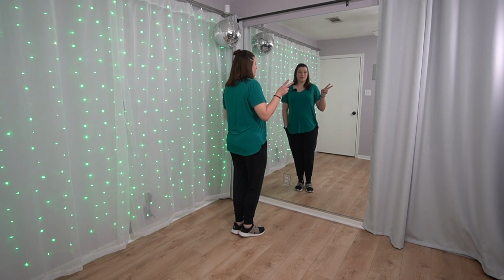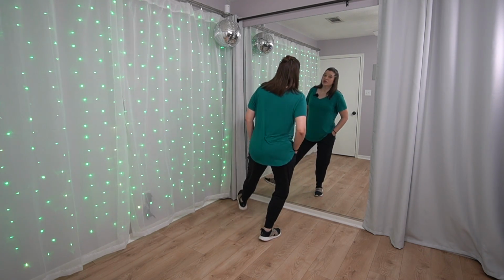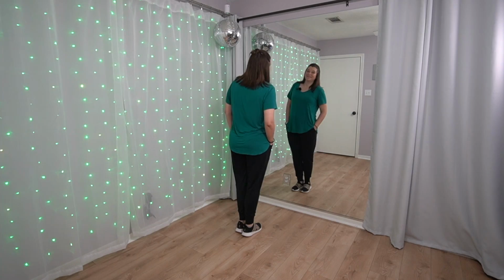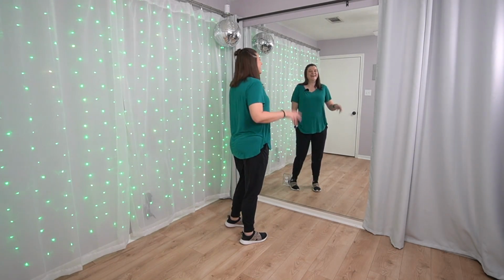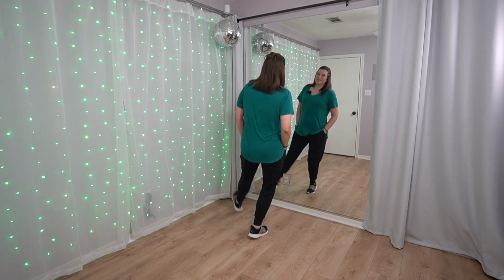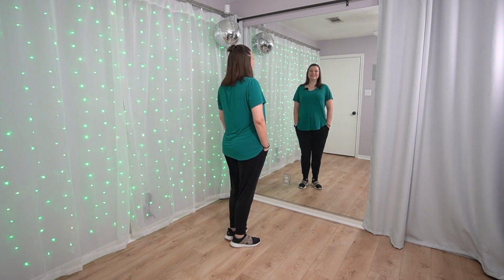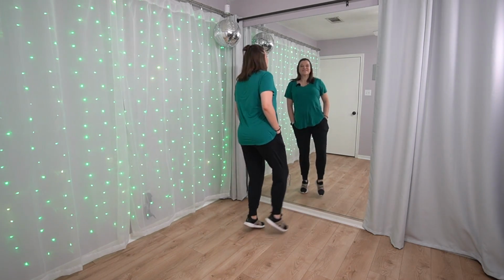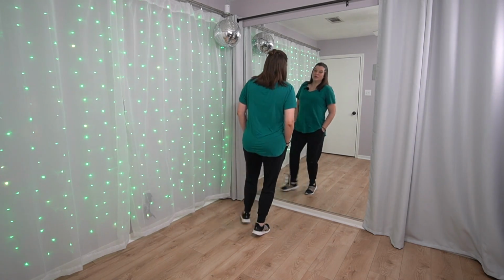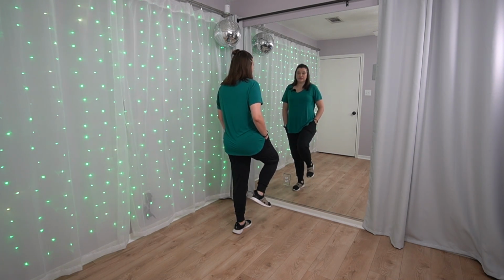If you want to hop, we're going 2 to the right, 1, 2, 2 to the left, 3, 4, 5, 6, hop it to the right. Go right, right, left, left. Ooh, one more time. Cardio. 5, 6, hop it to the right. 2, then 2. From here, you're going to kick your right foot forward, then you're going to step on